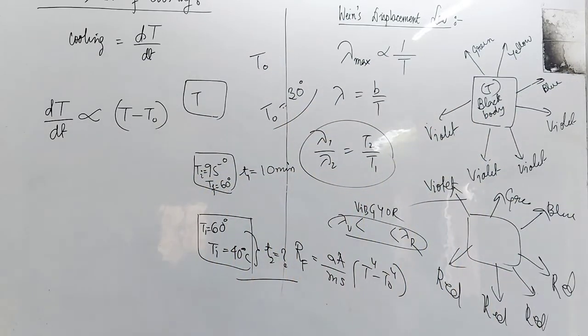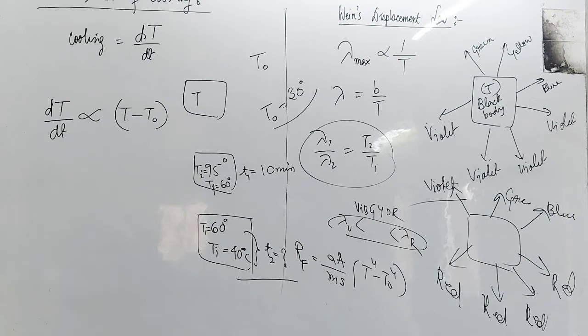Simple, logically, you don't have to think very deeply. Initially the body was at 95 degrees Celsius and it cools down to 60 degrees in 10 minutes. It takes 10 minutes to cool down from 95 to 60 degrees provided that the surrounding is maintained at 30 degrees Celsius. Okay. Now what will be the time taken by the same object to cool down its temperature from 60 degrees to